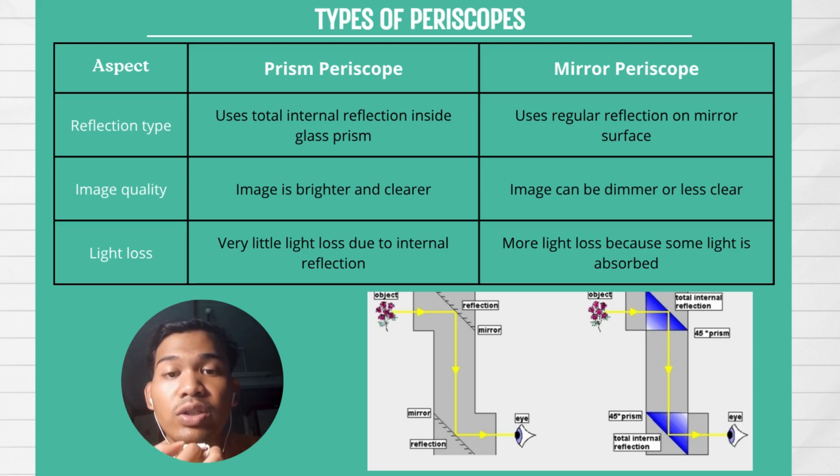Lastly is the light loss. The prism periscope has very little light loss due to internal reflection, while the mirror periscope has more light loss because some light is absorbed. So here is the figure that differentiates the two periscopes. The first one is the mirror periscope on the left, and the second one is the prism periscope on the right. In conclusion, the prism periscope is better for the submarine because it forms a clearer image compared